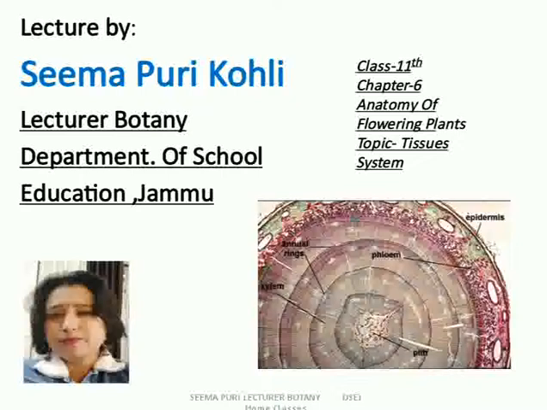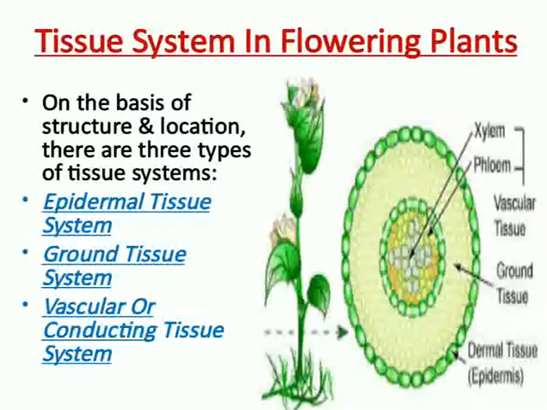So my dear students, yesterday we have studied about the various tissues of the flowering plants. In today's chapter, we shall be studying about the tissue systems. So we were discussing the types of tissues based on the types of the cells present in them. Now let's consider how tissues vary depending on their location in the plant body. Their structure and the function would also be dependent on their location.